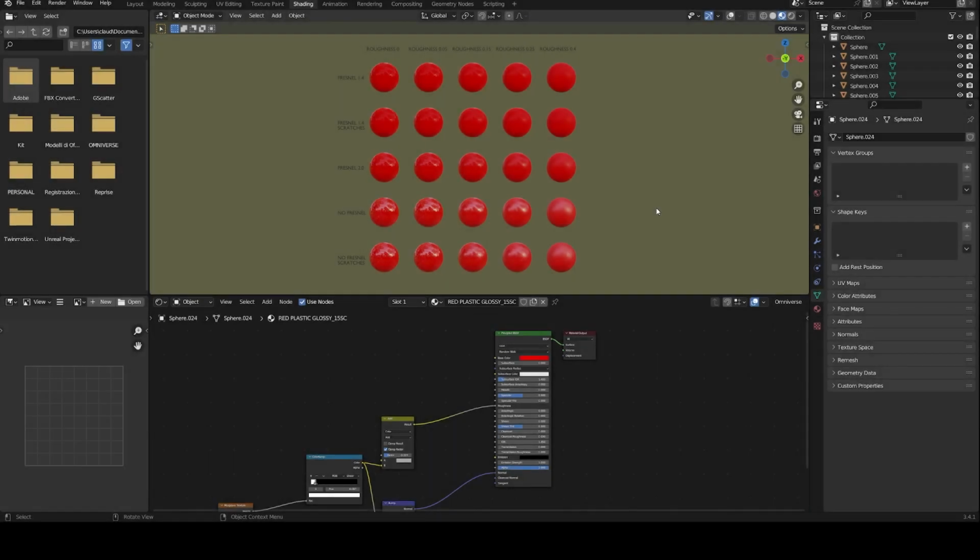Hi everyone, welcome back. In this video I will show you the power of Fresnel and his role in the reflection study here, as you can see, and how simple it is to create this kind of effect. And at the end of this video you can download